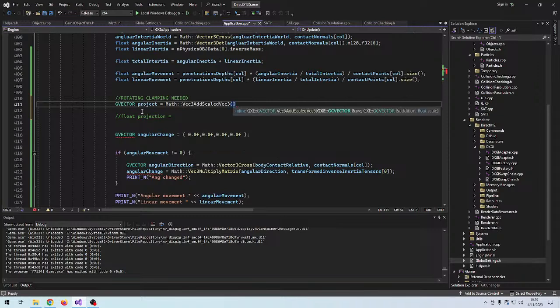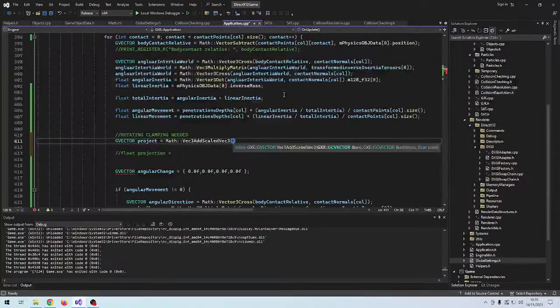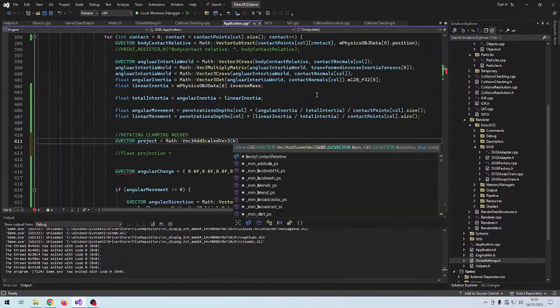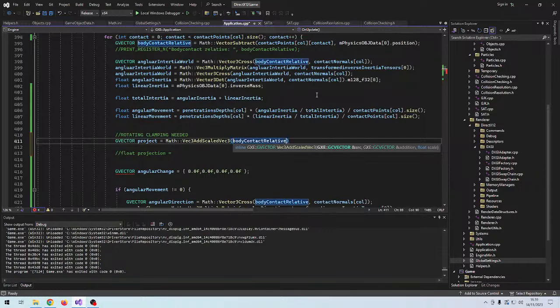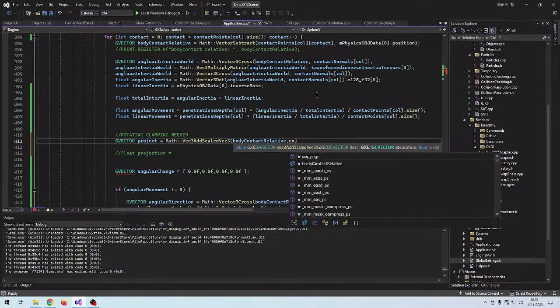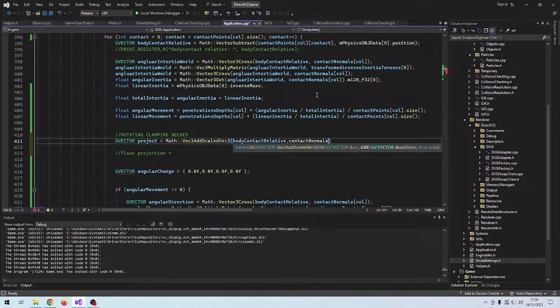Scale vector. We take the body relative contact position. We add the contact normal. And we scale it by